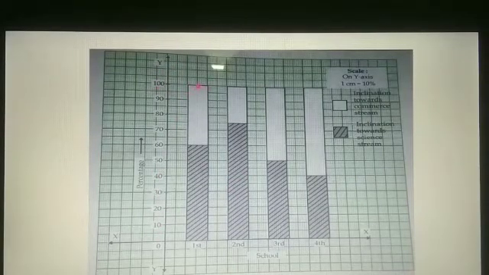And always draw a bar up to 100. That is because we are finding the percentage by multiplying the fraction, that is the number of students in science stream upon the total, into 100. So 100 is there always. Then here the information in the index column: the plain part is for inclination towards commerce stream and the shaded part is for inclination towards science stream.